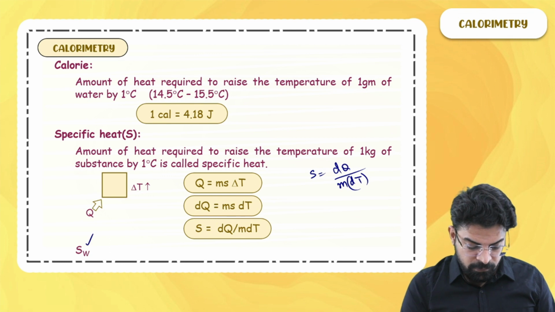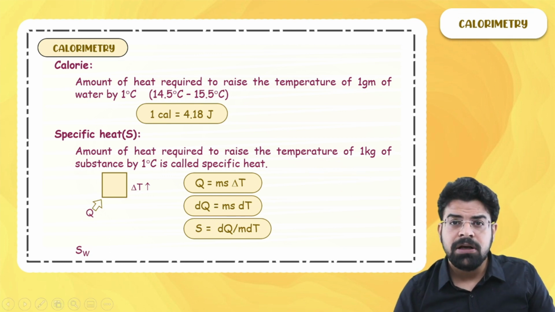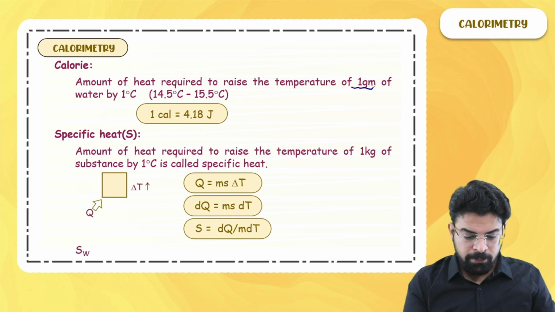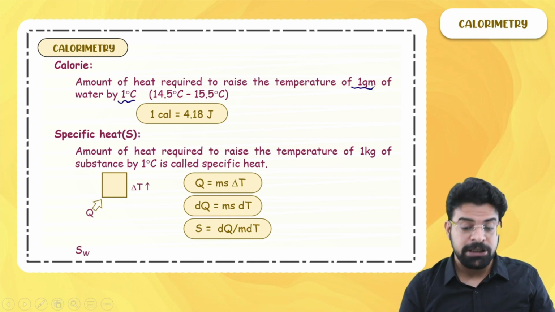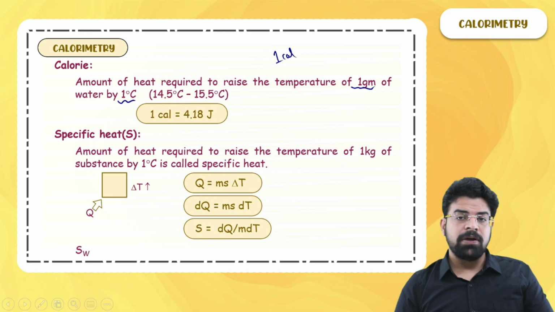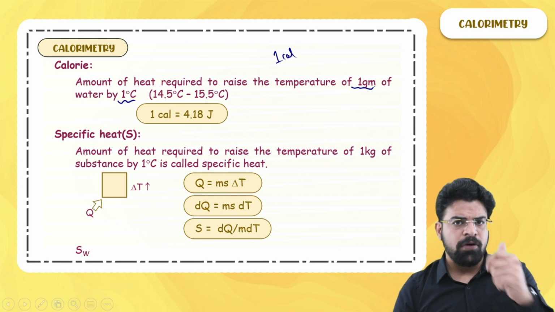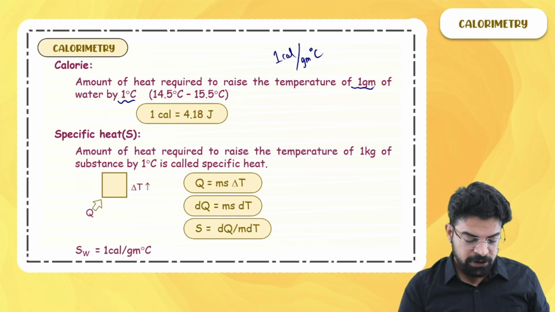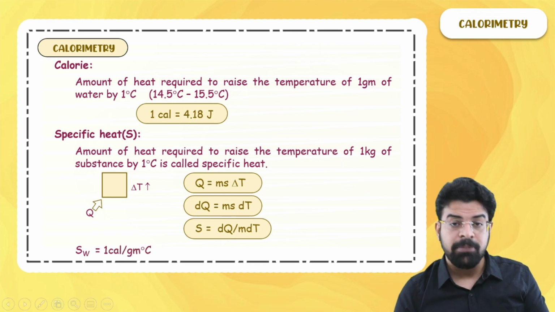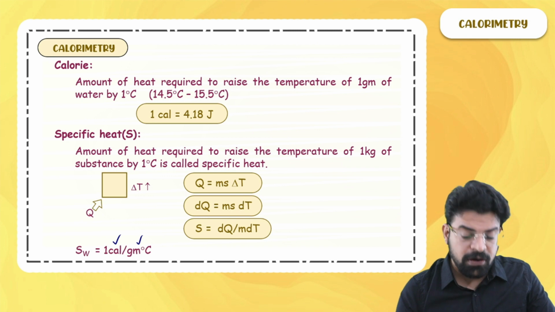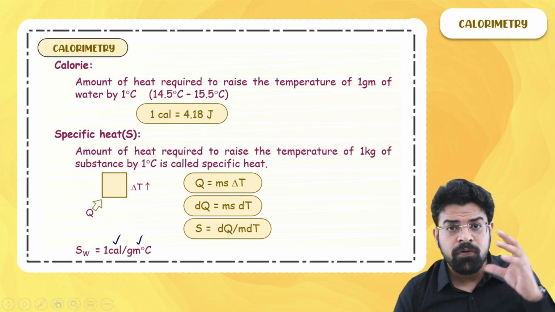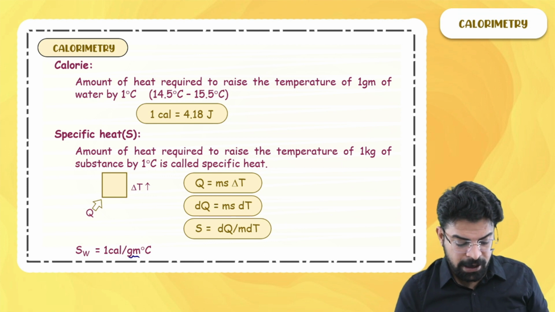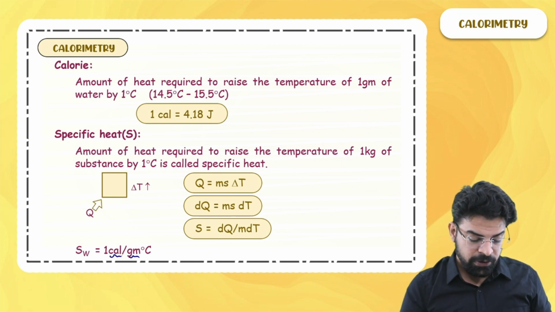Now what is the specific heat of water? Sir, we know that to increase the temperature of 1 gram of water by 1 degree centigrade, we have to give how much heat? 1 calorie. So can I say that the specific heat of water is 1 calorie per gram degree centigrade? So specific heat of water is 1 calorie per gram degree centigrade. But sir, neither calorie nor gram are the SI unit. If you want the specific heat of water in SI unit, what to do? Rather than gram, you need kg, and rather than calorie, you need joule.